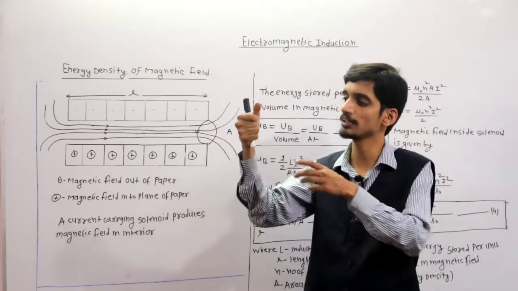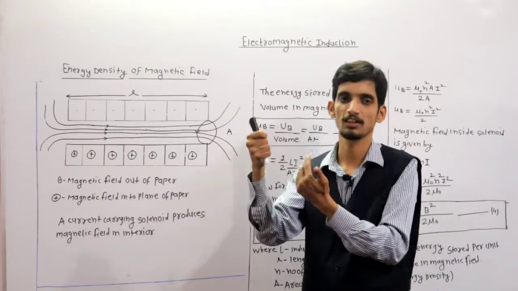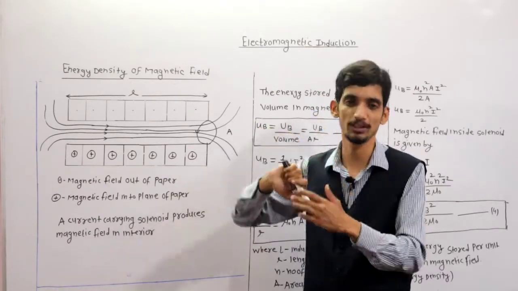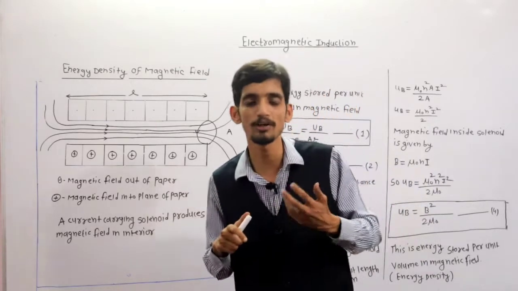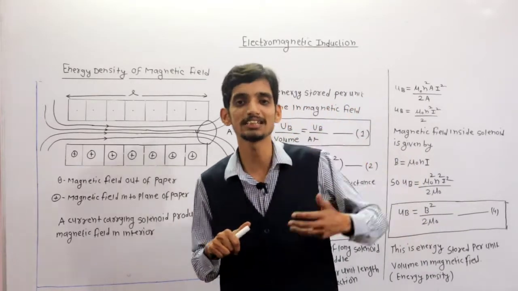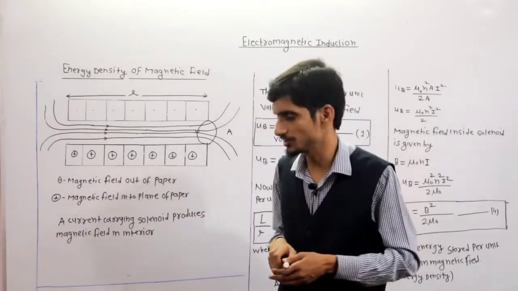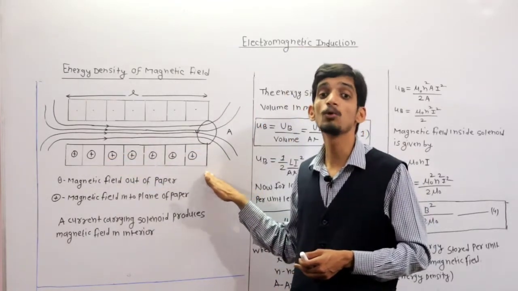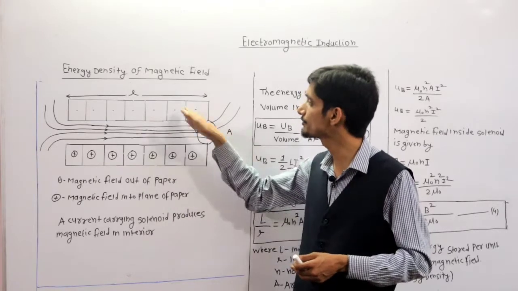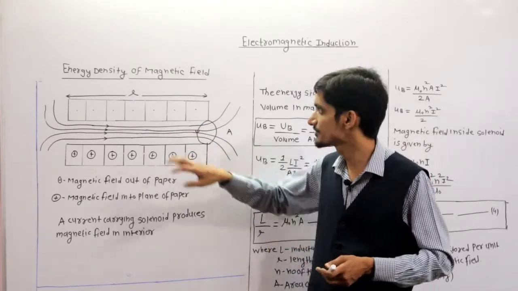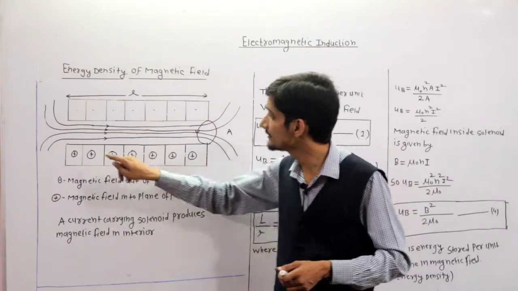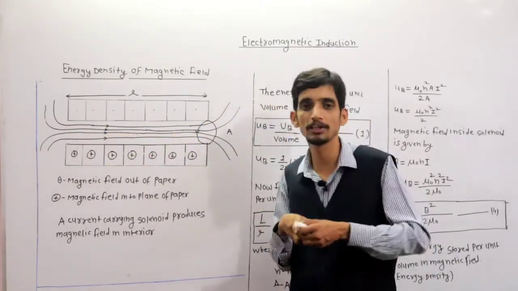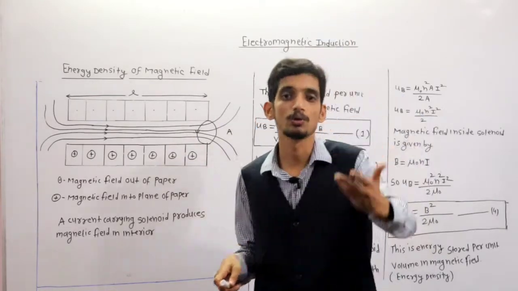Definitely, as per the observer's perspective, the field direction also changes, because as we know, if this is a conductor, then if current is upward, field is towards me, and if current is downward, field is away from me. It means from the observer's point of view, if the current direction changes, then the field direction also changes. So that's why this segment indicates field going into the plane, and this field coming out of the plane, and this is the length of the solenoid. And these lines indicate what? These are magnetic field lines which are passing through the particular area of the solenoid.